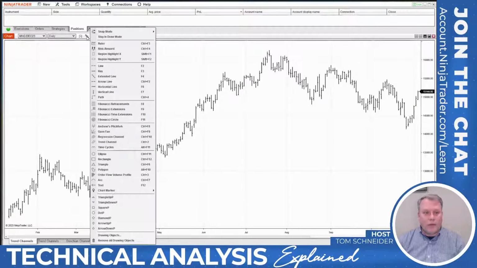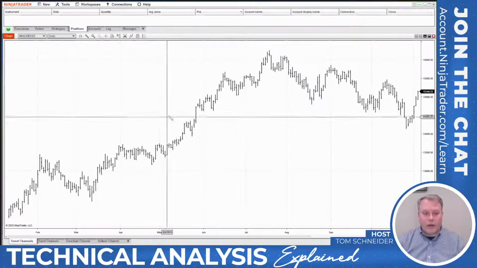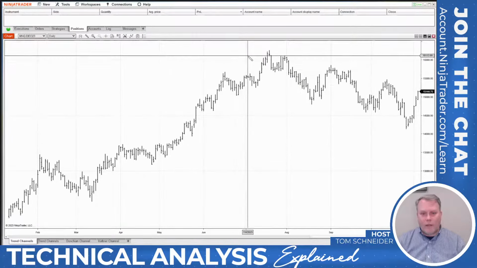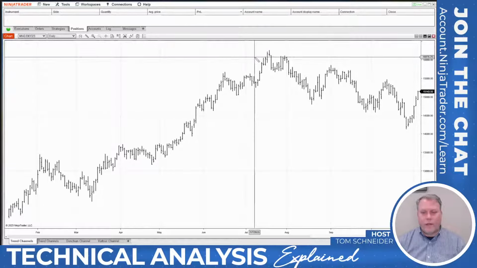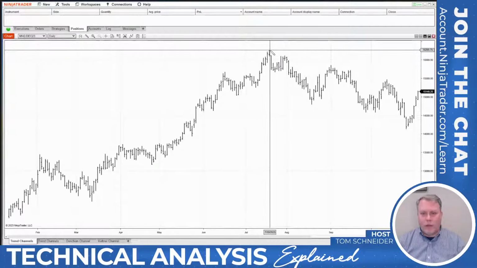Let's go into our drawing tool pencil, and let's find that trend channel. It's about halfway down. You can also use the control button and hit the number 2. The way I think of it is there are 2 lines in a trend channel. So control 2 will bring up that cursor. Now, can't really see the cursor because I have my crosshairs up, but it does have a pencil. Tells me I have a drawing tool enabled.